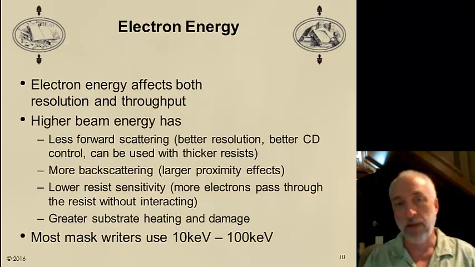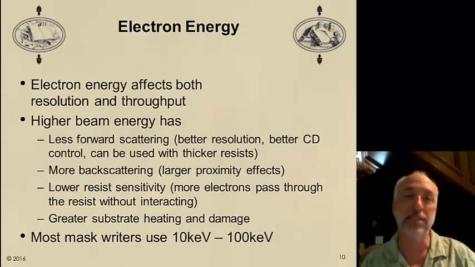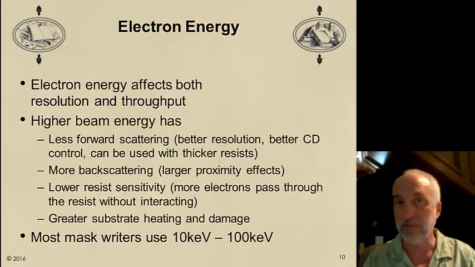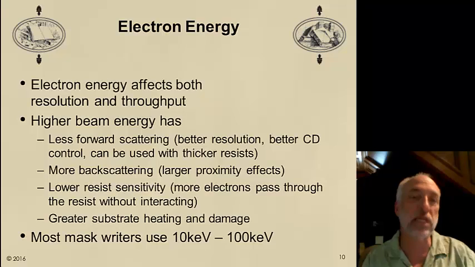Another important parameter is the electron energy. Right? I said the MEBES tool had 10 keV electrons, and these variable shape beam tools have 50 keV. What's the difference? What's the trade-off? Well, there's a resolution impact, a throughput impact. If we think about higher versus lower beam energy, what does a higher beam energy mean? What does 50 keV mean compared to 10 keV? Well,